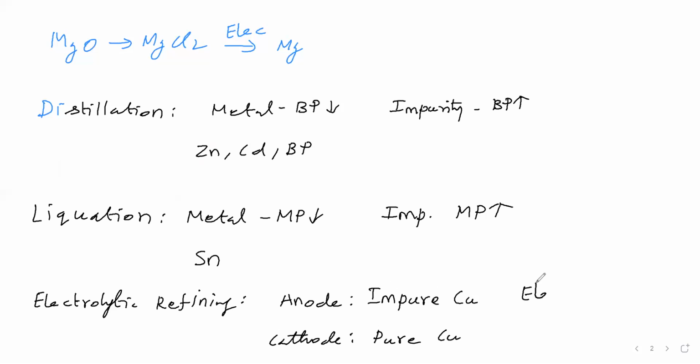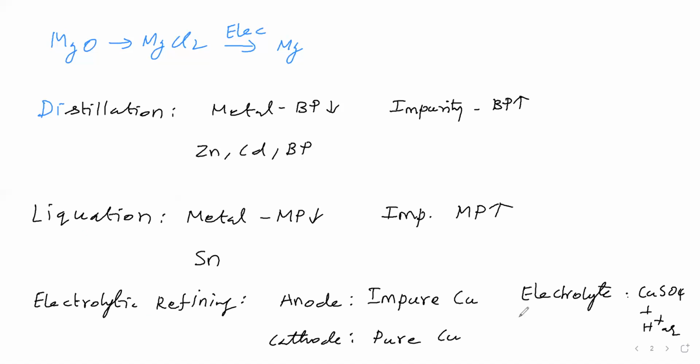Then we take the electrolyte: a soluble salt of the metal, generally the nitrate salt, otherwise here copper sulfate. The electrolyte is copper sulfate, and it should be acidified, so add dilute sulfuric acid to it. Acidified copper sulfate solution is the electrolyte. The metal you want to purify, in impure form, is the anode; the pure metal is the cathode; and the acidified solution of that metal's salt is the electrolyte.